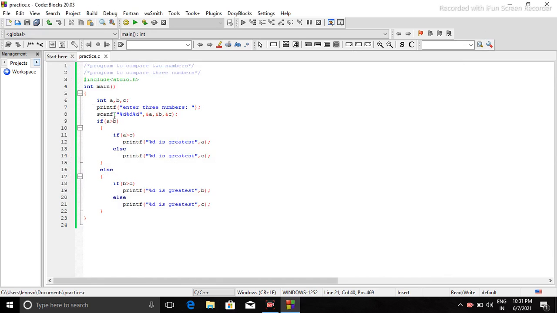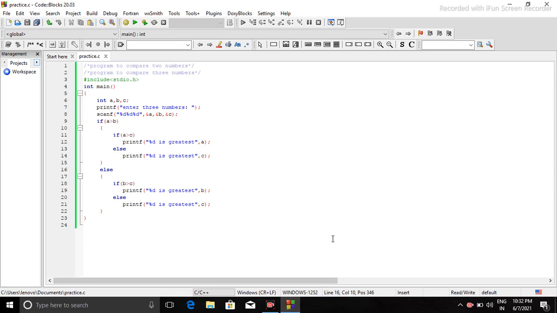First we check between two numbers, and if we get the first number is greater, we check for the third number, that if the first number is greater than the third number, then definitely that number will be greatest, otherwise the third number will be greatest. In the next condition we'll check between the first two numbers that the second number is greater than the first number. Then we'll check with the third number, and if that number is less than the second number, that means the second number will be the greatest, otherwise the third number.